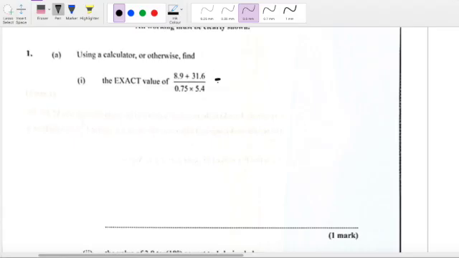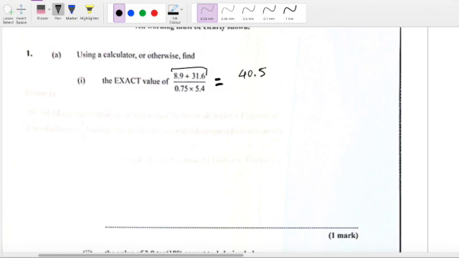Alright, so straight up using the calculator here, but I'm going to be very careful. So I'm going to do numerator and then denominator and then fix that up. So let's try the top first. So 8.9 plus 31.6. Straight up on the calculator gives us